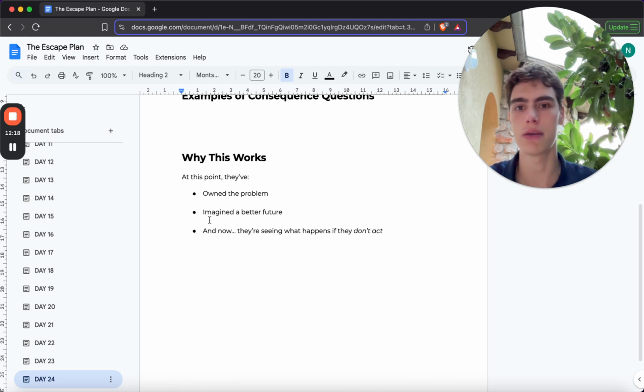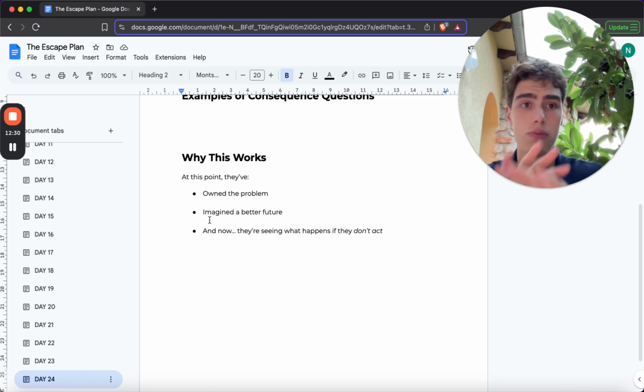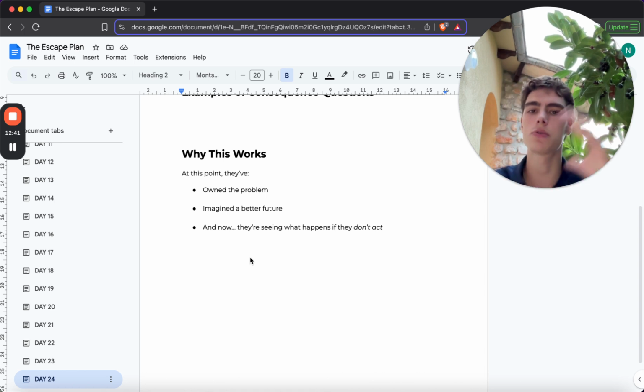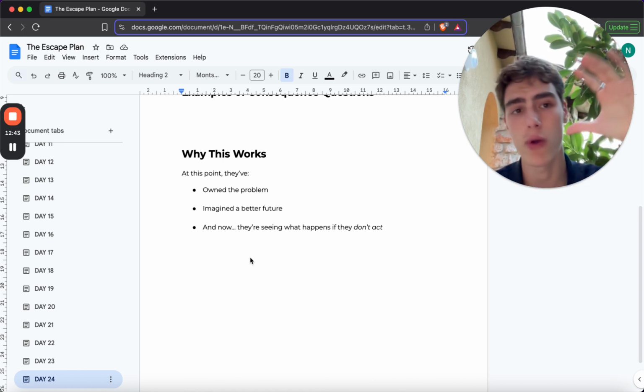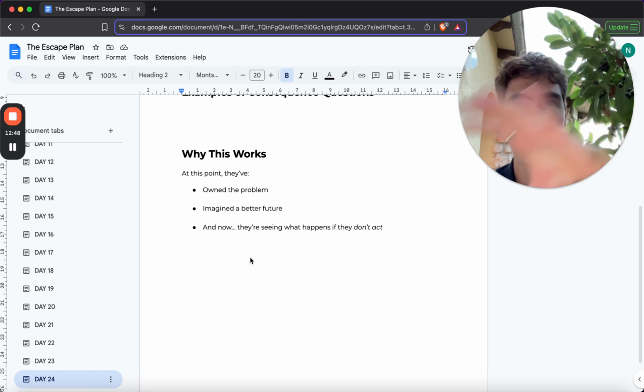And when people finally feel the weight and the understanding of staying stuck and staying the same, making a decision becomes so much easier. It's insane how much easier it becomes, right? So it's not about helping someone change. It's not about pushing them. I really want to be super clear on this. It's about helping them see the full picture clearly.